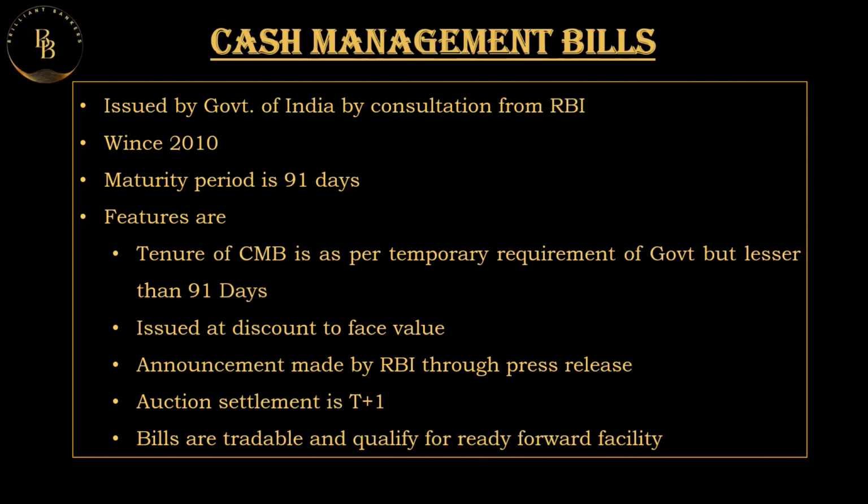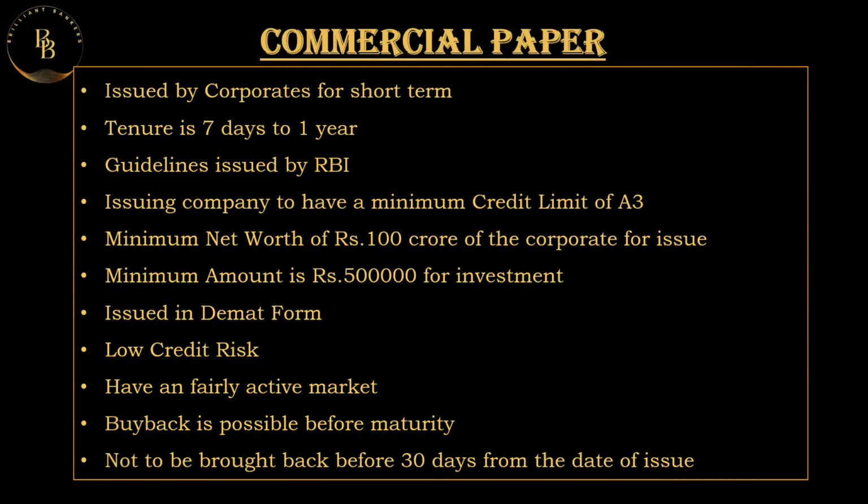What is a commercial paper? A commercial paper is issued by corporates for a short term period, wherein a corporate wants to take some debt or a loan from the public. The tenure for this is from 7 days to 1 year. The minimum period is 7 days and the maximum period is 1 year. It is issued as per the guidelines